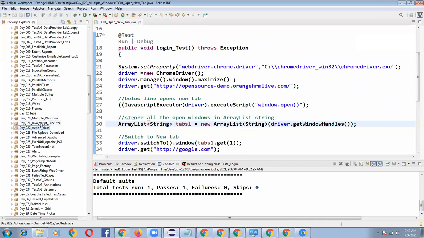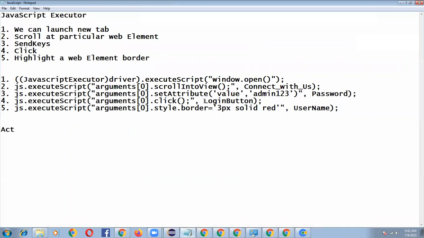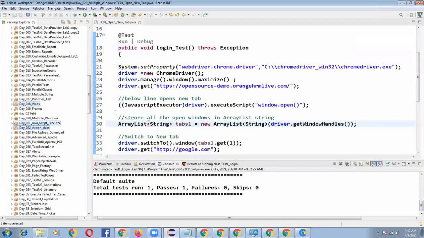So in the interviews, wherever you go for any interview, without fail, 21, 22 and 18, these 3 are the most important topics. Almost in every interview I am telling, the interviewer will definitely ask at least 2 or 3 questions. So you have to explain the syntax and what is the purpose. Argument of 0, argument of set attribute, these lines of code, they will ask you to write. The web element border, how do you highlight? They will ask you these questions.